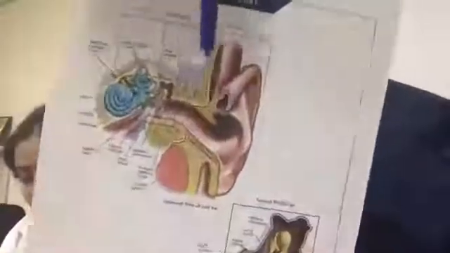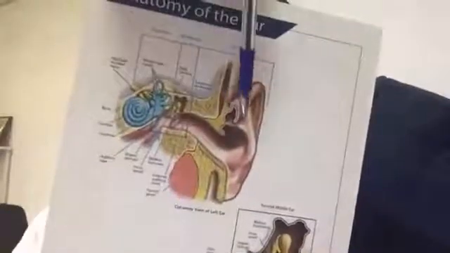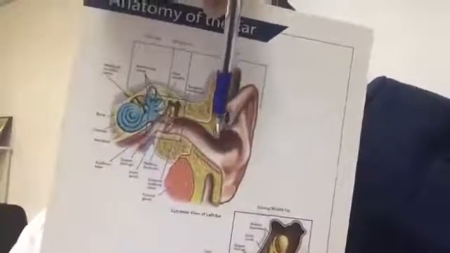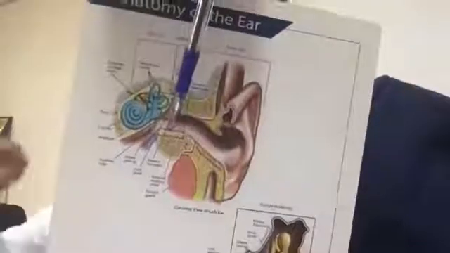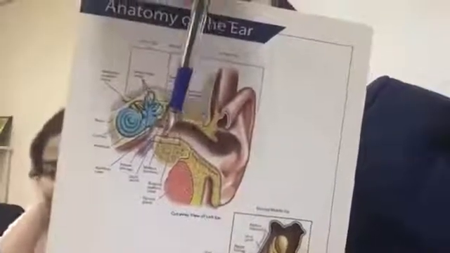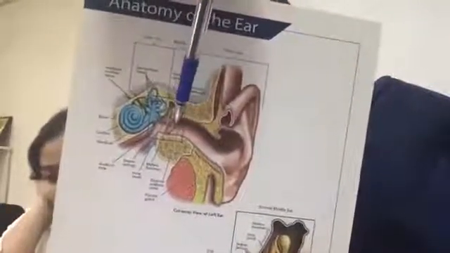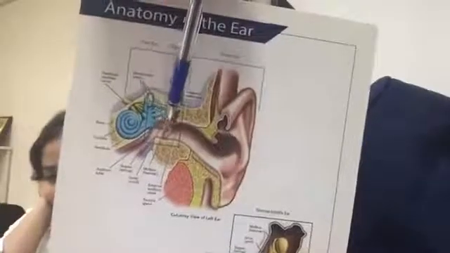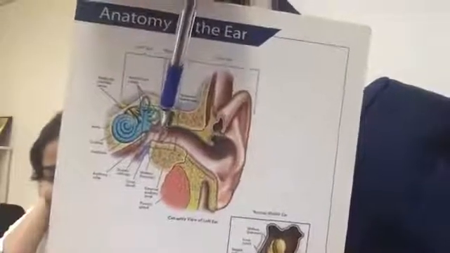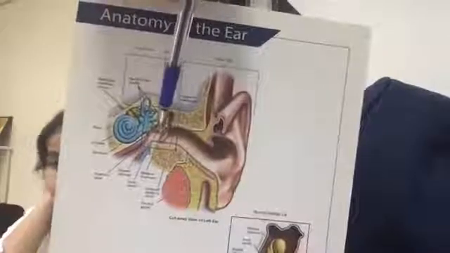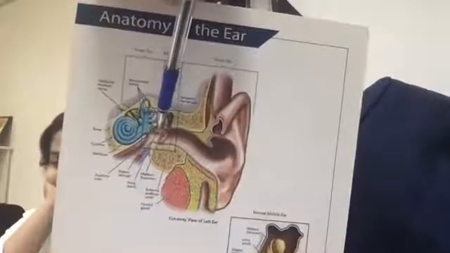Now, if you see, we have what is called the external ear. That is the part of the ear that you see from outside. This leads into a canal. This is called the external ear canal. And the external ear is separated from the middle ear by what is called the tympanic membrane. The tympanic membrane is a barrier between skin and mucous membrane that is there inside the middle ear.